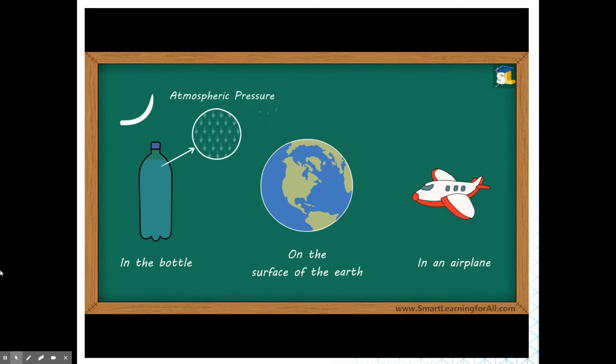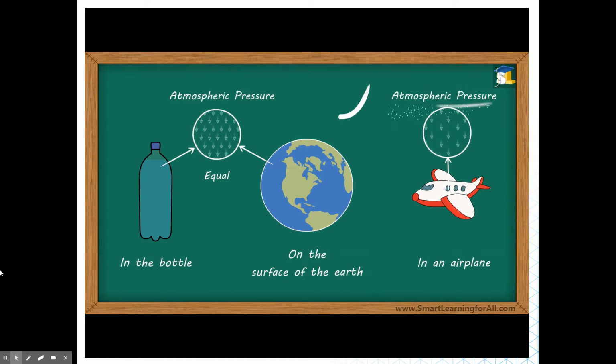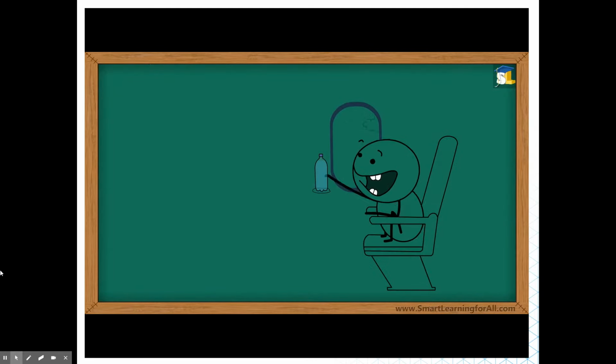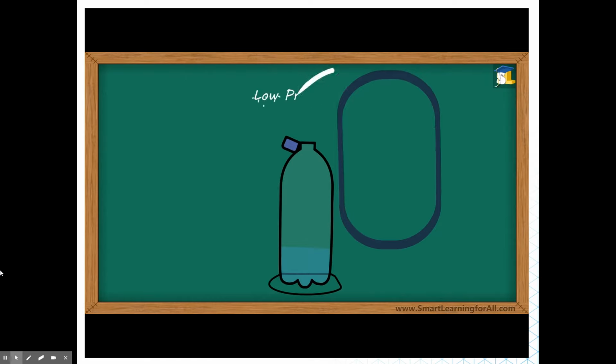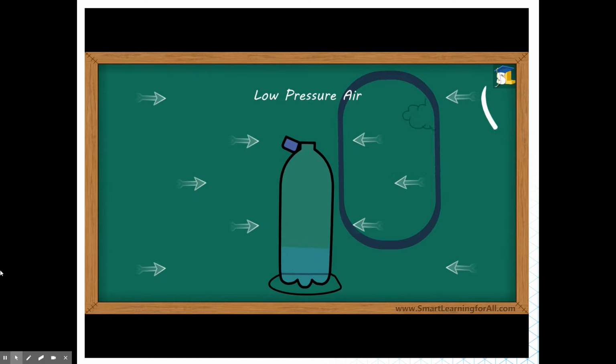Generally, the atmospheric pressure in the bottle is equal to that on the surface of the Earth, whereas in an airplane, the atmospheric pressure is low as compared to that on the surface of the Earth. During the flight, when you open the bottle and drink some water in the airplane, the atmospheric pressure in the bottle becomes low. This is because the low pressure air present in the airplane occupies the place of water